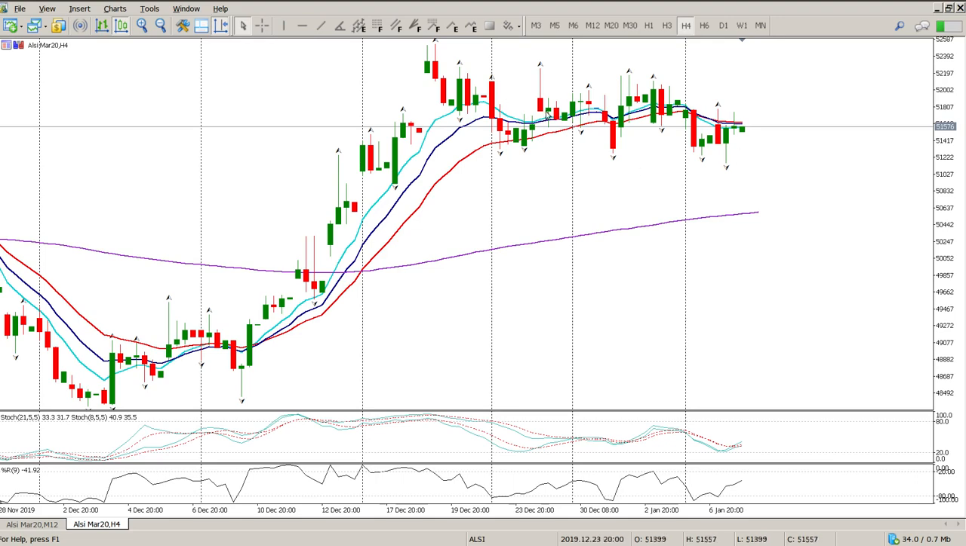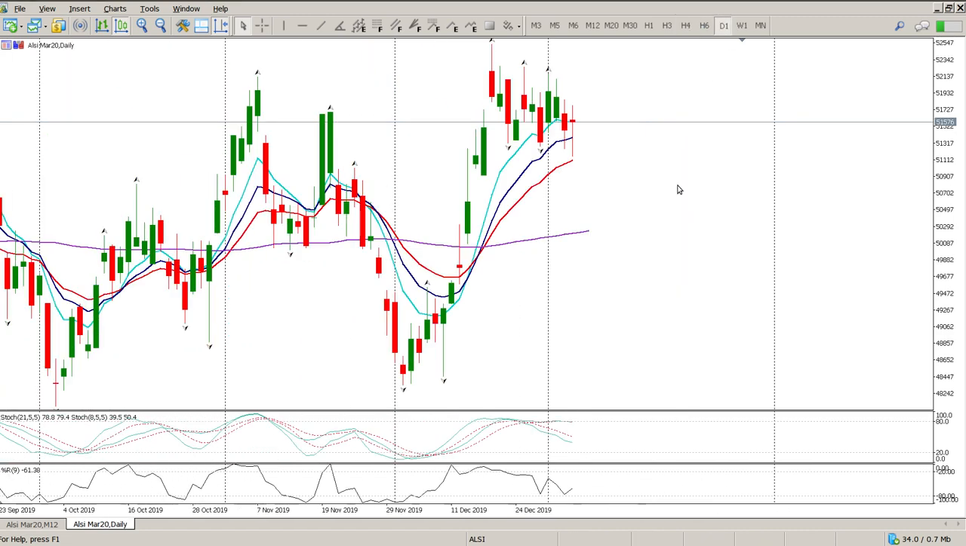So starting off from the 4 hour, you can see we have had a break below the moving averages, and we've tested it twice. Now this is starting to look like we've built a rejection of this level. So you can see how long it took us to get through the moving averages. It's happened now. We are now rejecting them, and if we look at the daily, the trend is still up,